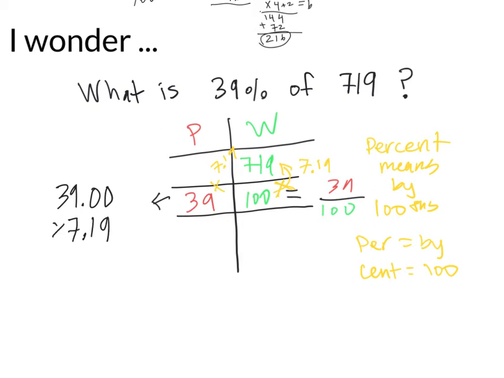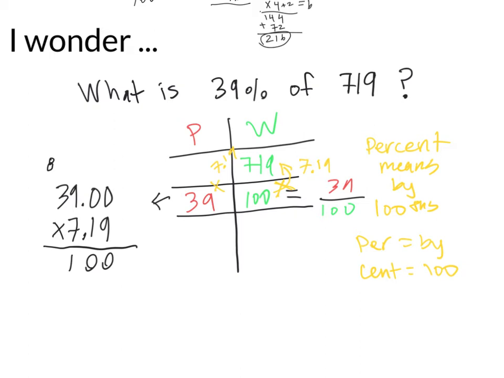I don't want you to do any way you don't feel comfortable with. I want you to do the way that works for you. It also helps, though, to have multiple ways. So we're going to do the multiplication here because you're not going to be able to use a calculator on these problems. So we're going to go ahead and go 9 times 0 is 0, 9 times 0 is 0, 9 times 9 is 81, so we can put the 1 here and bring the 8 over here, and then we have